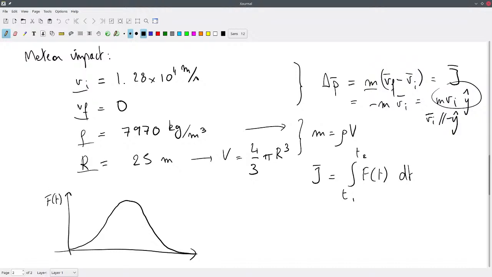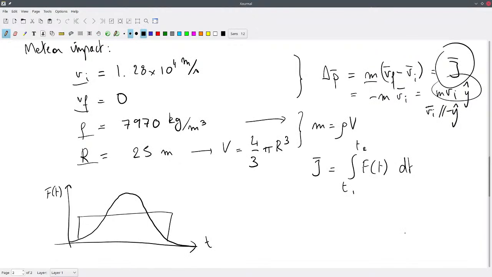So this is the force that the Earth applies onto the meteor. And that force will change over time. And so we could calculate from our impulse what is the average force over an average time interval. So if we assume that delta t,